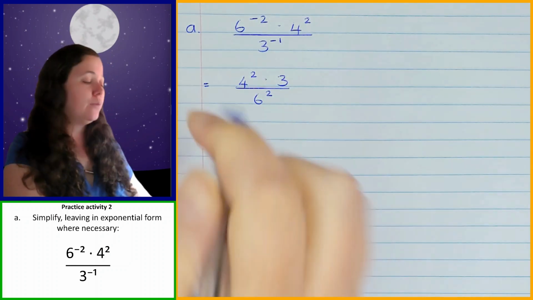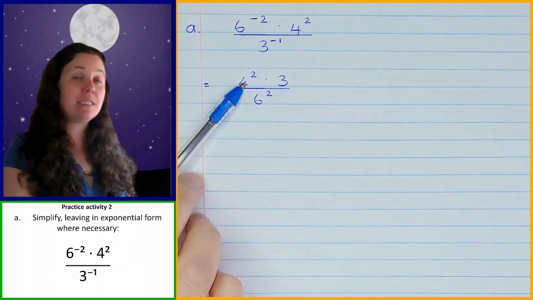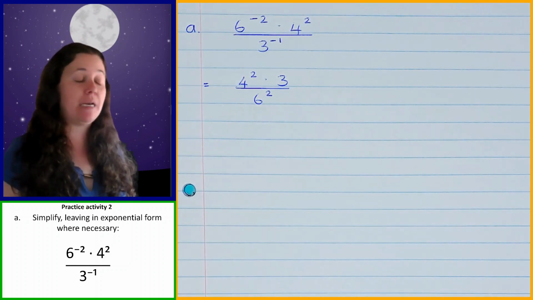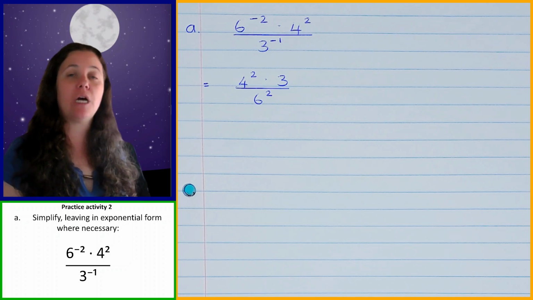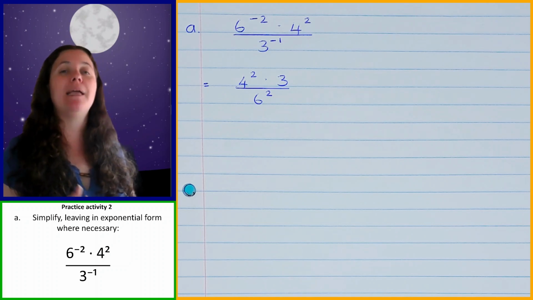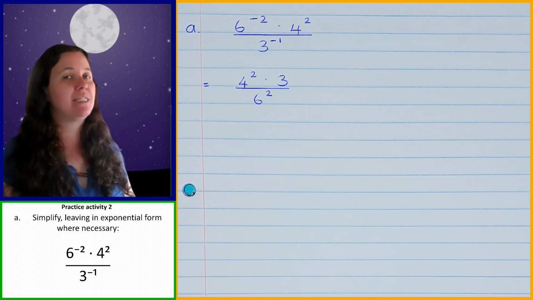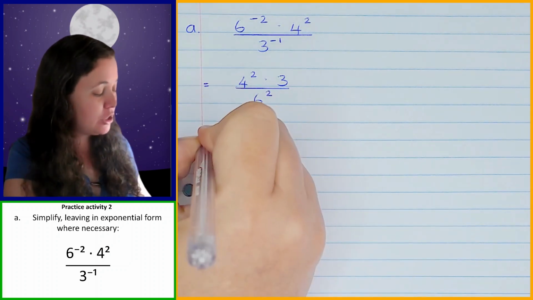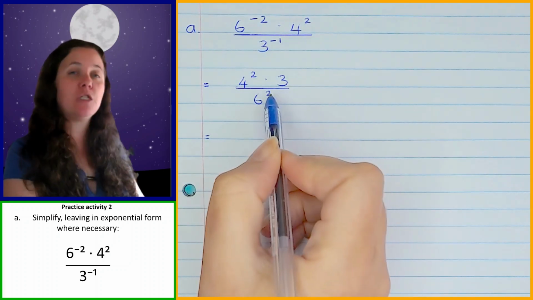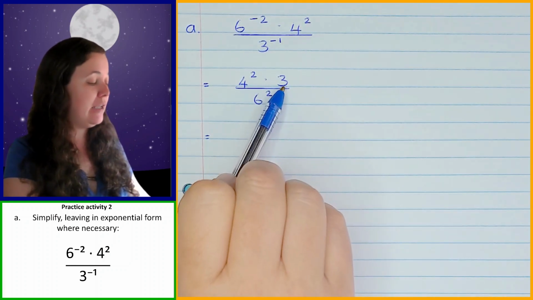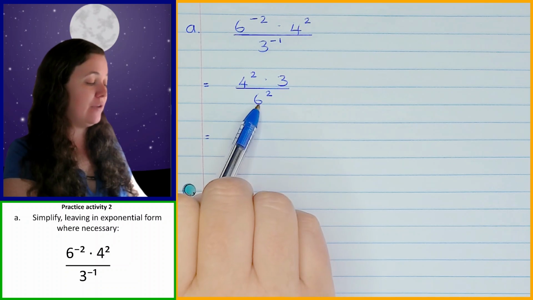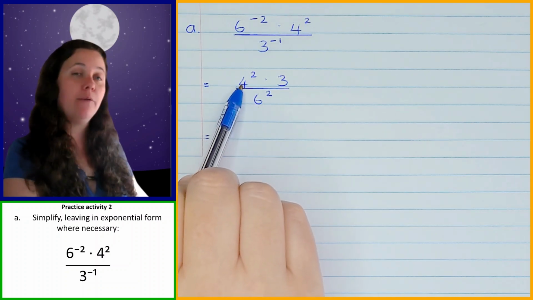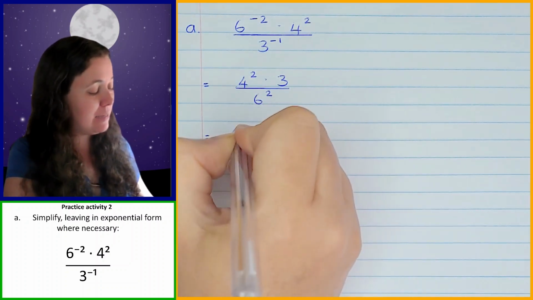Okay, now you can't just stop there, because none of these have got the same base, which means that at this point, as it stands right now, I can't simplify anything further. So I need to change the bases to make them the same, so that they have the same numbers in them, so that I will be able to simplify further. So the next step is to change things to have prime numbers. The 3 over here is going to be the same as over here. I can change the 6 to 2 times 3, but then I also need to have 2 with this 4 over here. So the 4 is the same as 2 squared,